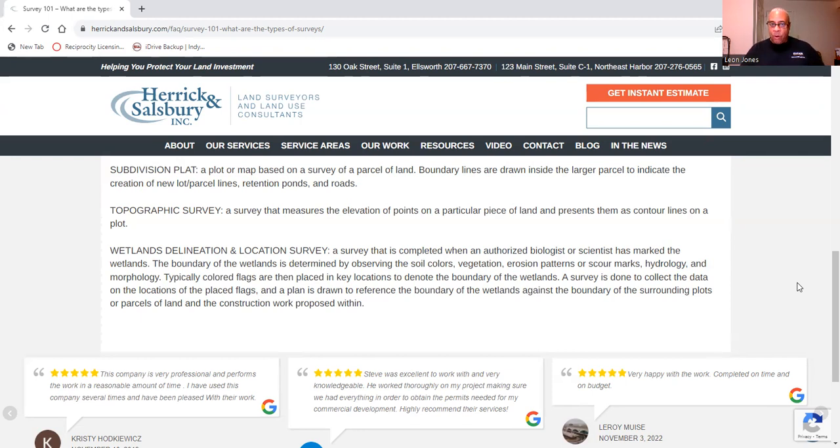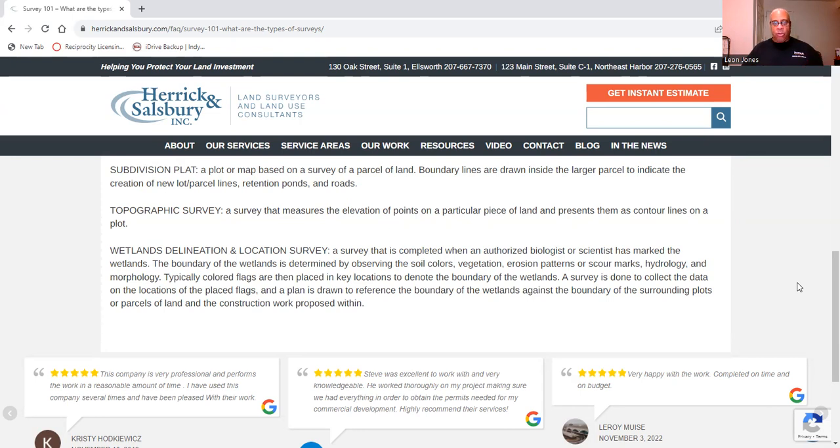Wetlands are very, very important, because right now everybody is into the environment, to make sure that the environment is clean. In the past, nobody cared about the environment, and there was a lot of pollution, a lot of water getting dirty. We have to drink that water. So your wetlands, your wildlife, they're all protected.